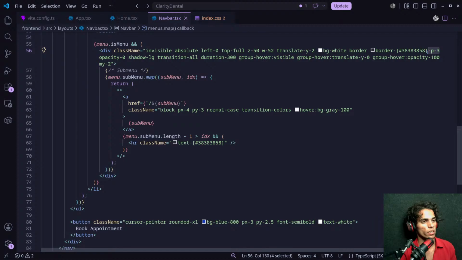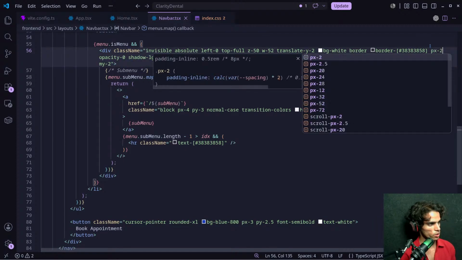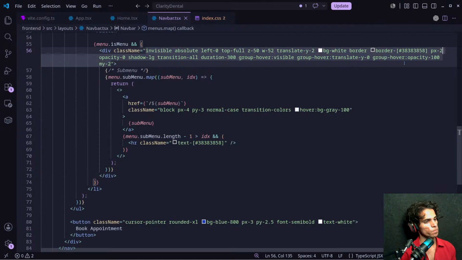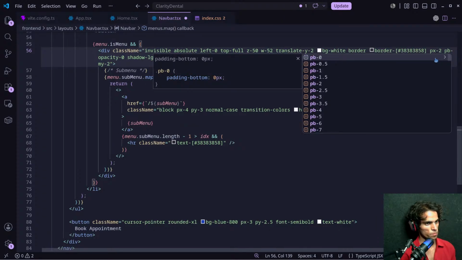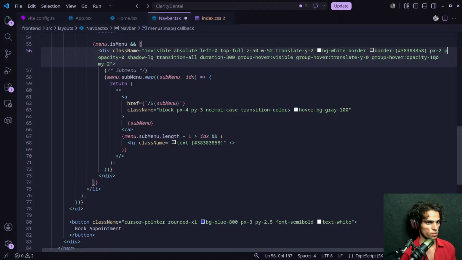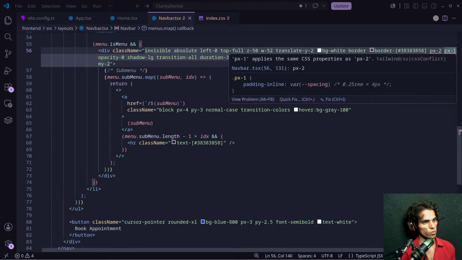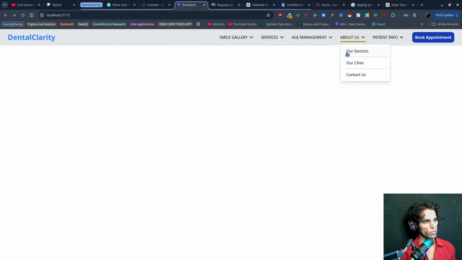I don't want padding from top, so it will be px2. Okay, padding bottom 1 and padding py will be 1. No, not x, y, to have padding between top and bottom.